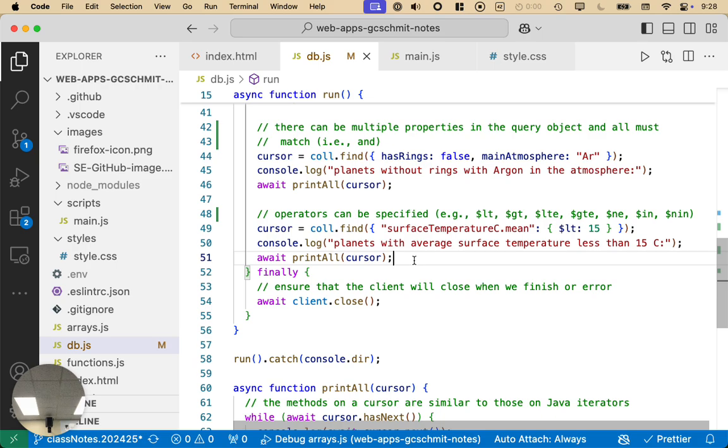Here is the property we want to query, and here's the operation we're going to look for on it. Yeah, it's kind of weird, right? And it's a little bit odd too because we have to write this code in JavaScript, but we're really trying to do a database operation. Yes. So